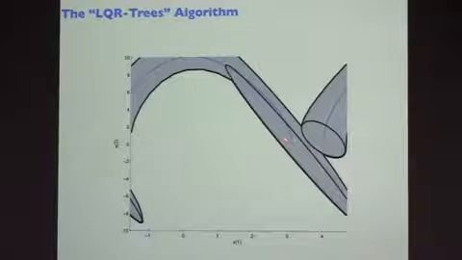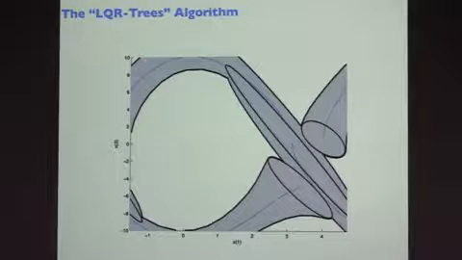I can start with the initial swing up trajectory that gets me to the goal, and now I'll do a randomized algorithm to just try to make a better controller. Okay, so I'm going to pick a point at random. When I pick a point at random, if it was already in somebody's funnel, I can just throw that point away. I don't need that. That one's already taken care of. If it was outside, I'm going to design a trajectory now that tries to get back